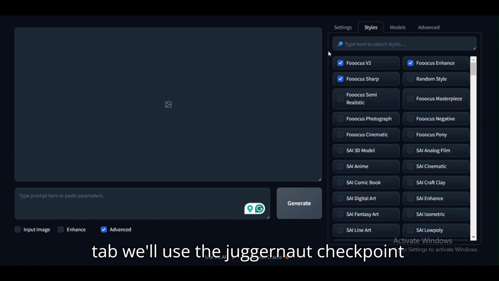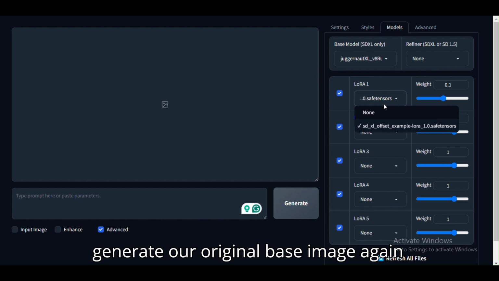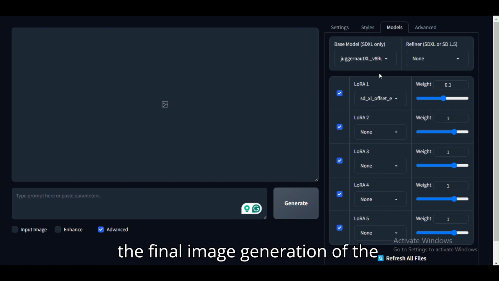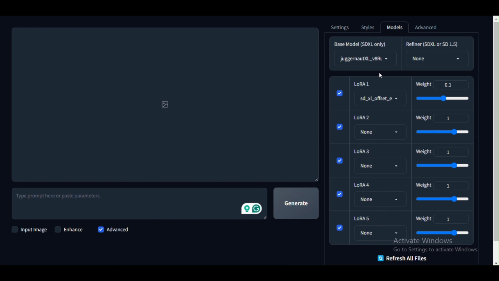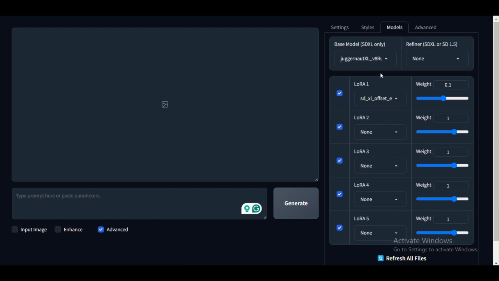On the Models tab, we'll use the Juggernaut checkpoint and SDXL offset LoRA that we used to generate our original base image. Again, the checkpoint and LoRA will affect the final image generation of the inpainted areas. The only other setting that we need to know about to adjust for different inpainting tasks